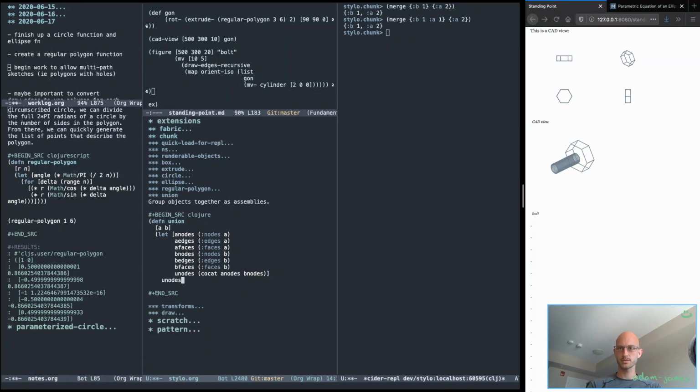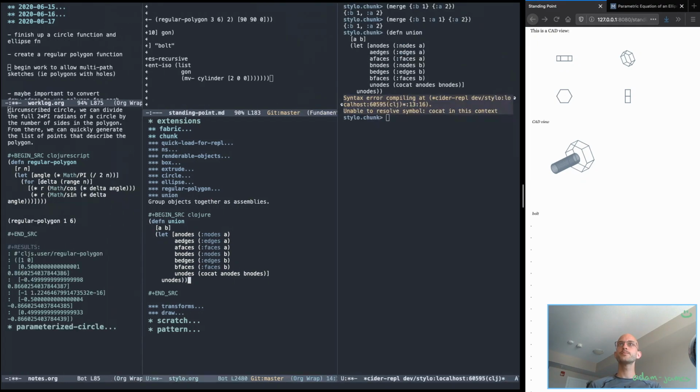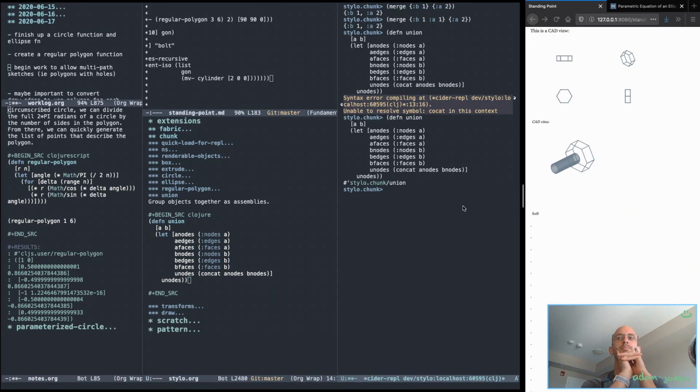U nodes. If I concat, I need to spell it right. Concatenate there. Save this. Pop it into the REPL. Okay, so we've got union. So let me think for a moment about